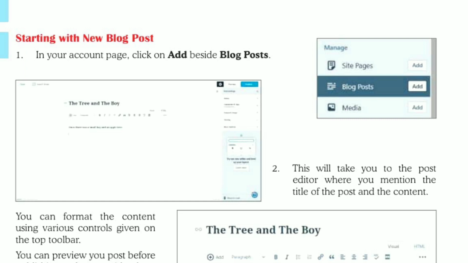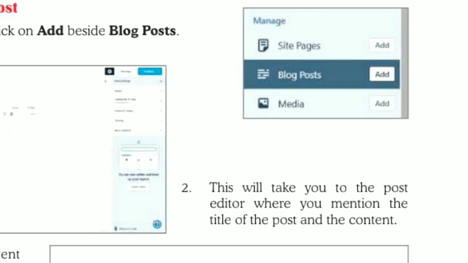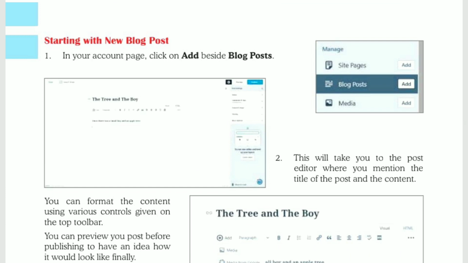For creating this, open your blog account, log into your blog account, and in your account page, click on the add button that is beside the blog post option, as you can see on the screen. As we click on this add button, a new window, that is the editor window, will appear on the screen where you mention the title of the post and the content.